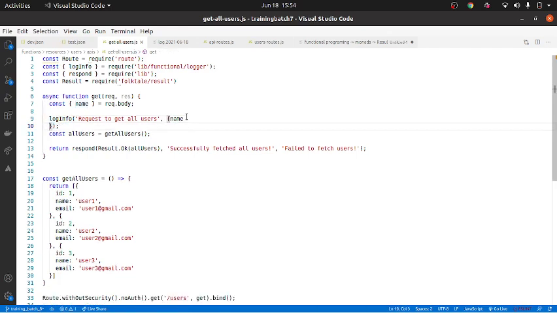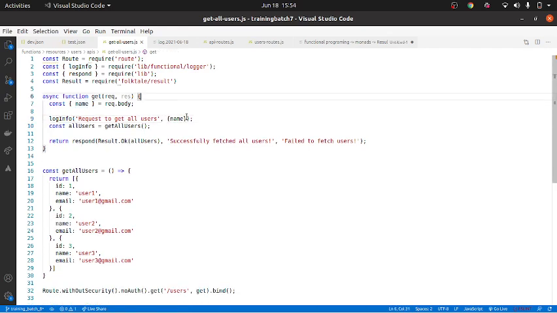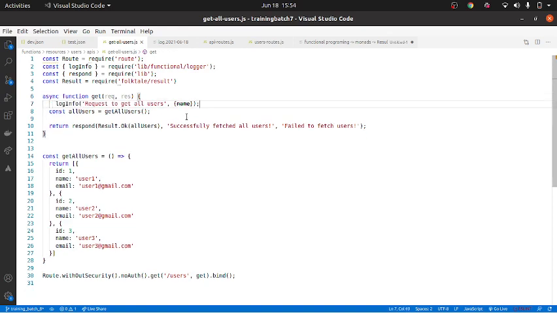So this name is nothing, let's not get confused here. This was for the post request. This was not needed. So log does not take any name. You can just send a simple log without any name. Okay, got it. That name was for create user, right? Yeah. So here it doesn't matter. Okay, got it.